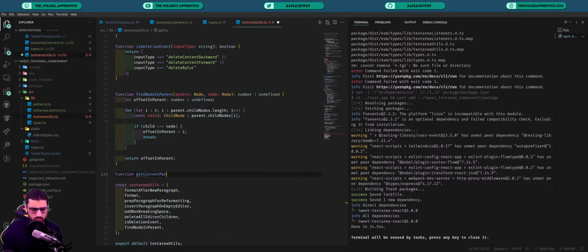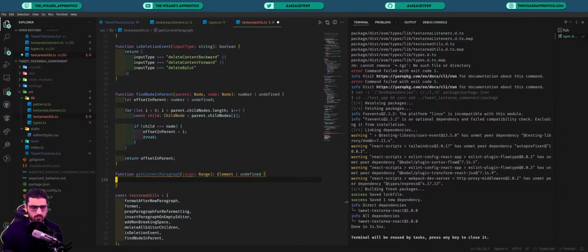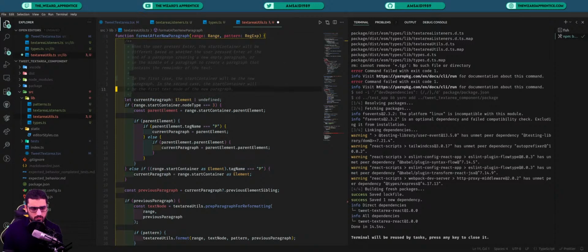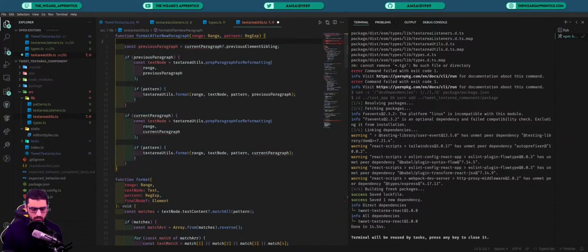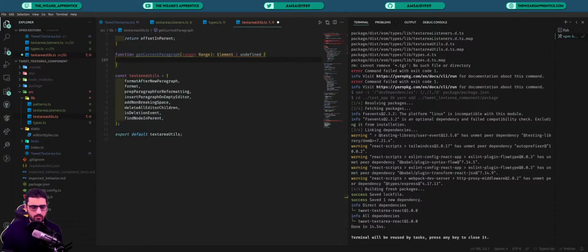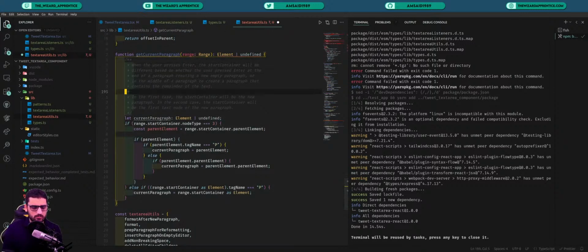Get current paragraph, and it basically takes the range and it returns an element or undefined. And then we go up here and just copy all of that, add it in here, and then